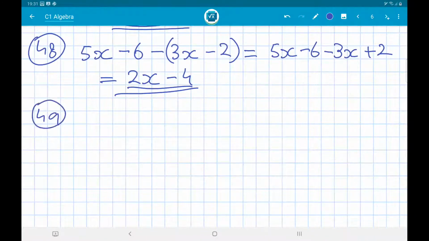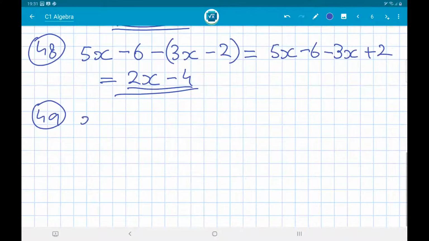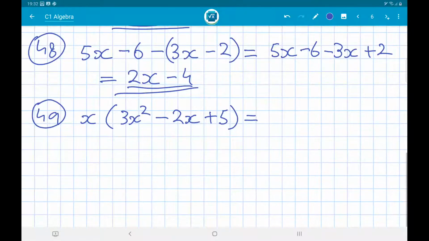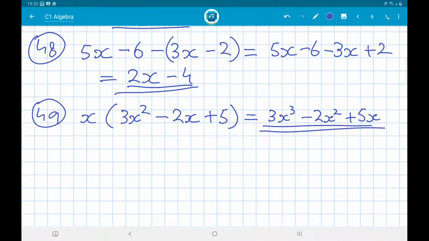49, x multiplied by 3x squared minus 2x plus 5, which would essentially just be equal to 3x cubed minus 2x squared plus 5x, and that's final. 50,